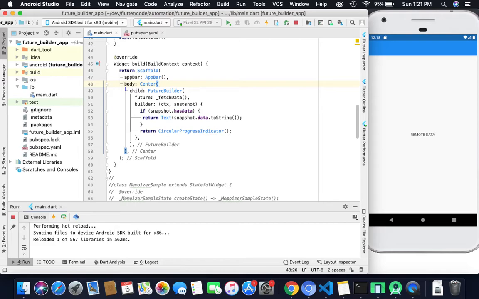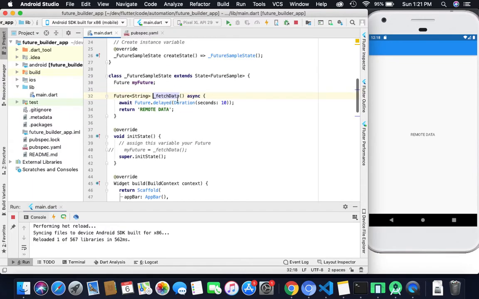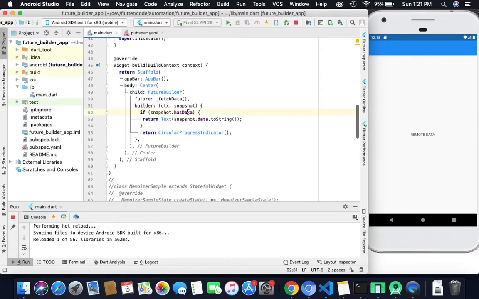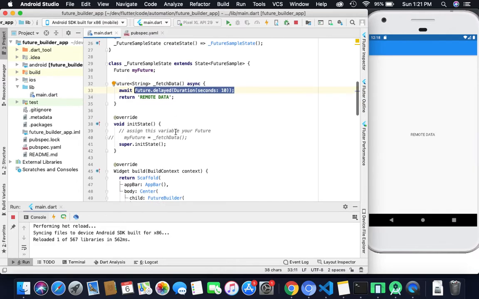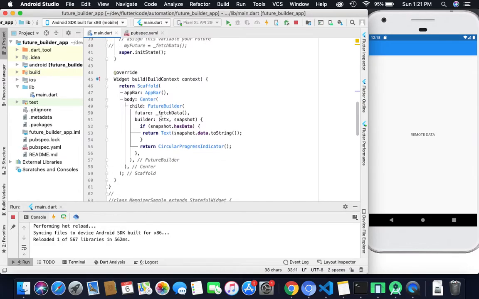But if you call setState, your FutureBuilder will call this method again, re-trigger your background operation, and wait another 10 seconds before giving you your data. Let's assume that instead of this delay you have a network operation which may take 10 or 20 seconds; whenever you call setState, it will wait for those seconds.